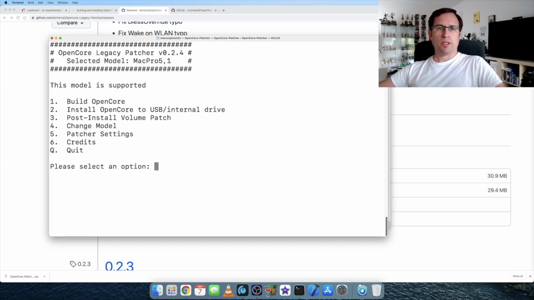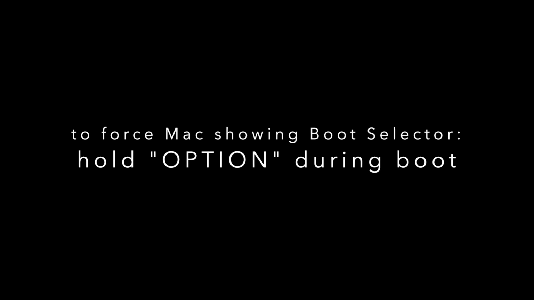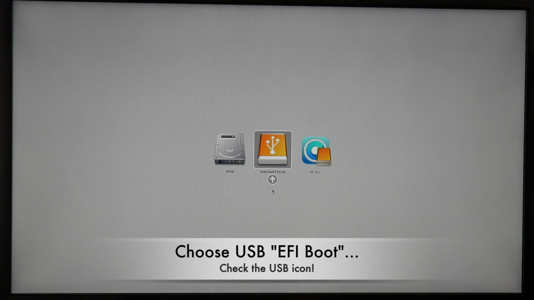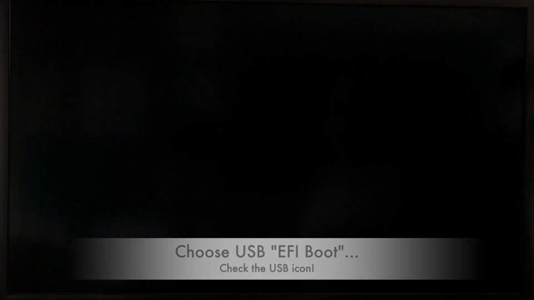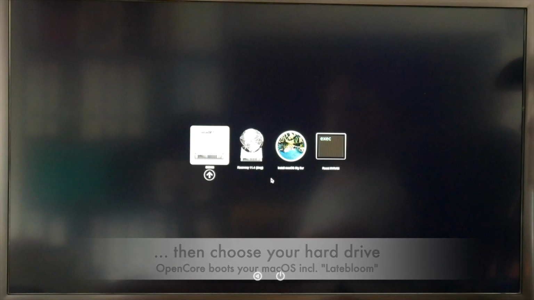Just leave the USB drive inserted, restart your Mac. If you keep Option pressed, you come to the boot selector, then you select the USB drive with the EFI boot, then the new OpenCore version with the Late Bloom fix will load, and then select your hard disk and boot and see if it works.